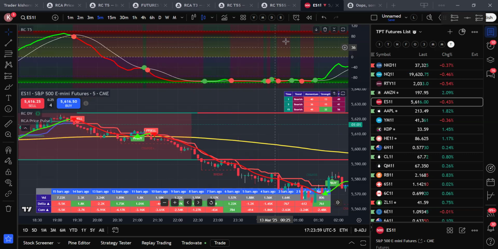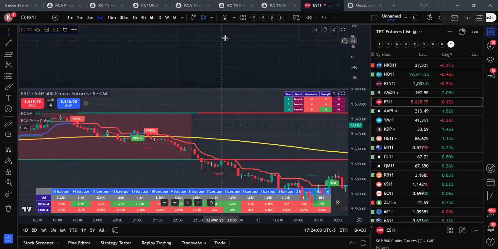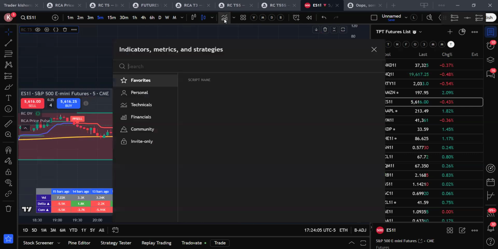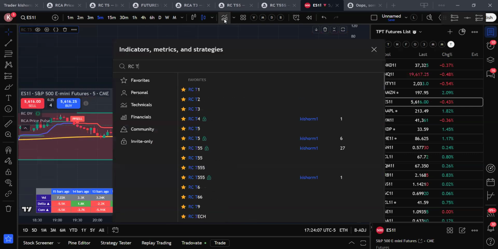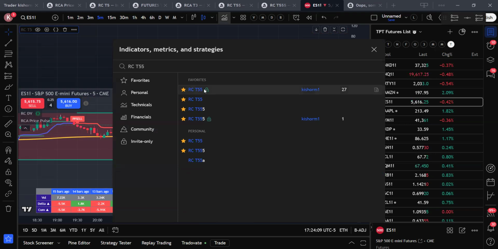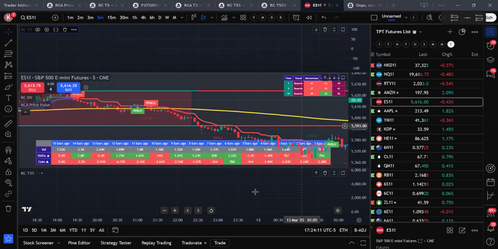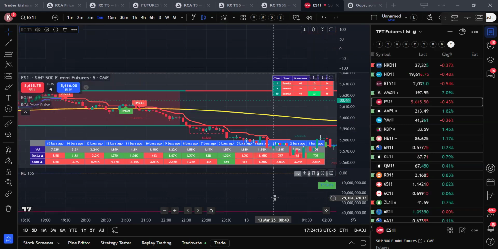The second thing we did is that we already have T5. We added this T55 again, with some better features compared to earlier. So all you need to do is, when you add T55, you open a new tab. Whatever existing tab you have, you delete it and open the TradingView tab again,